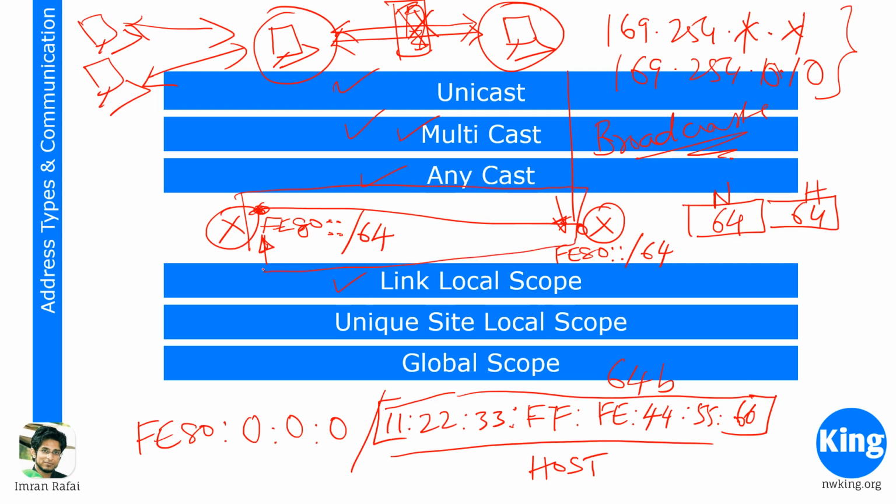It can't use that IP address, that link local IP address. It cannot use it for communicating outside that segment. This is used only for that segment, right? Next we have the